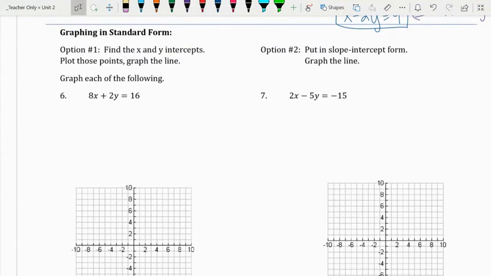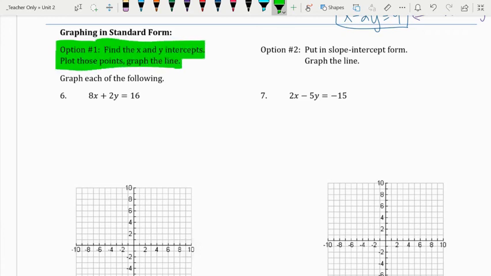All right, so now graphing in standard form. I kind of hinted at this earlier. You have options. Option number 1, you're going to find the x and y intercept, and then you're going to graph it. So the x-intercept is where y is 0. So essentially, equation minus the y. Yes, you could write it this way and then cross it off if you want. But if this is the case, I would divide by 8, and x is 2. So that would be the point 2, 0,